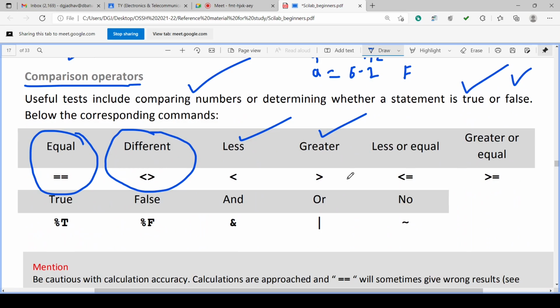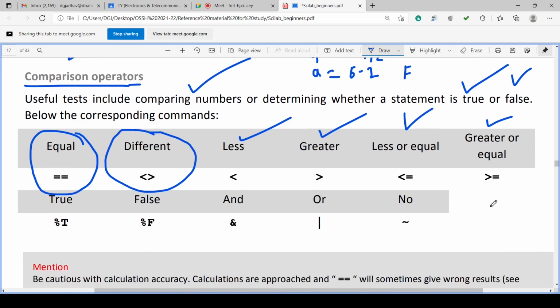Less than value, greater than value, less than or equal to value, isn't it? We have used this in the Keil program also, in the embedded system: less than or equal to 255, less than or equal to 20, and so on. We have discussed the embedded C programs. Less than or equal to, greater than or equal to is also there.